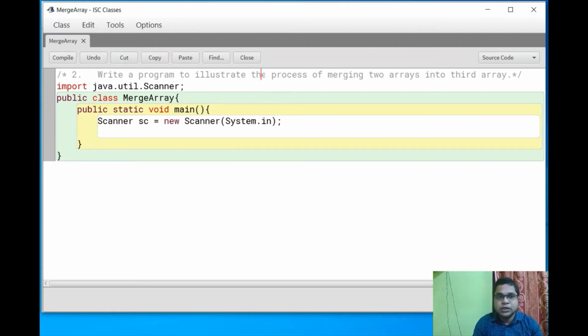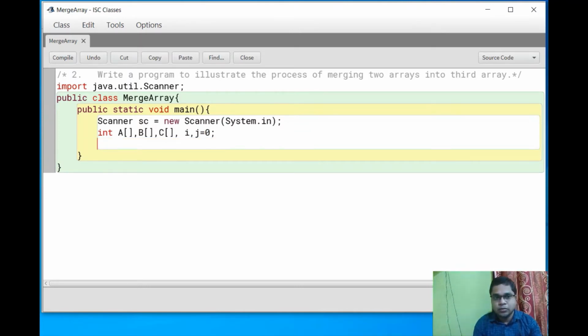What does the question say? The process of merging two arrays means we have to declare the two arrays and another array, that is the third array. So first, declaring the arrays: int a, b. The third array is c. And two variables, i and j, equal to 0.